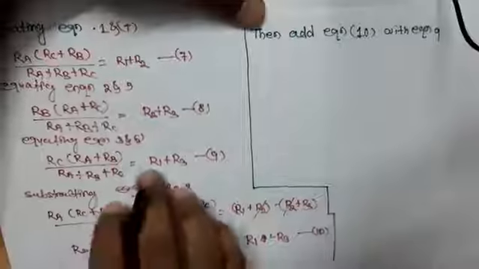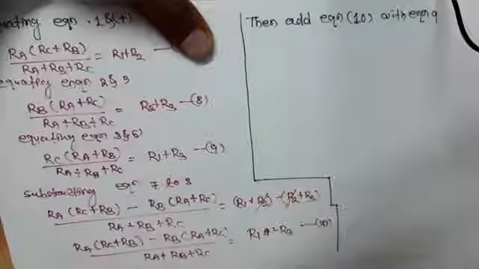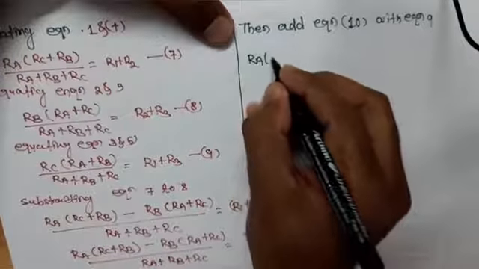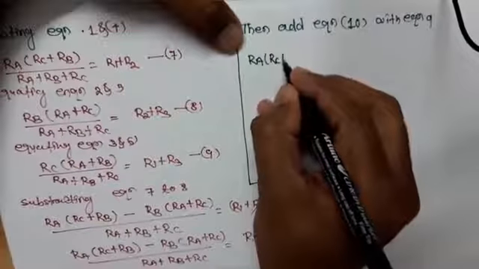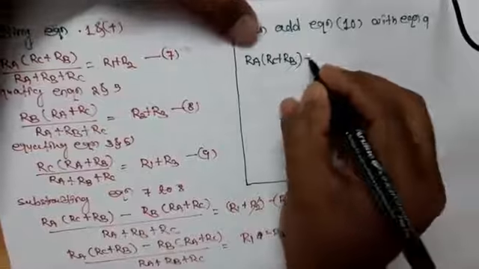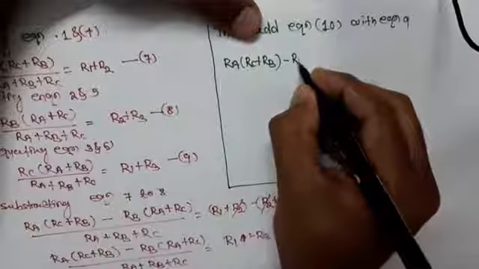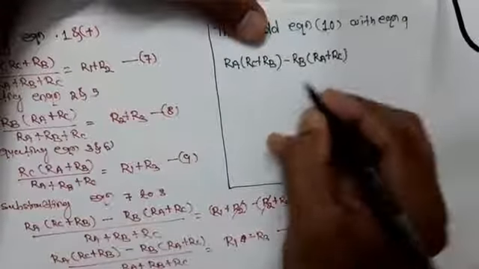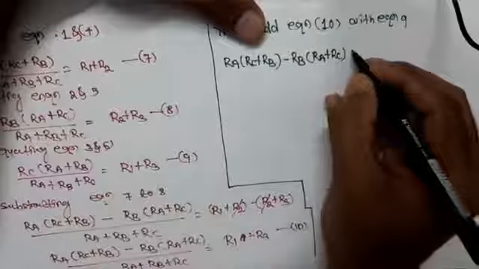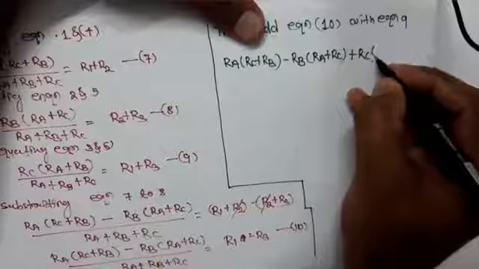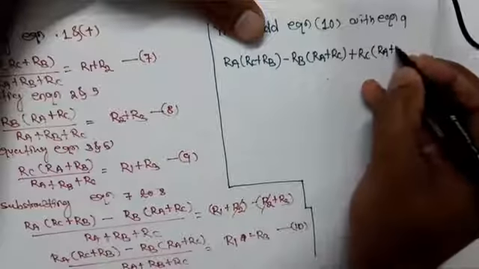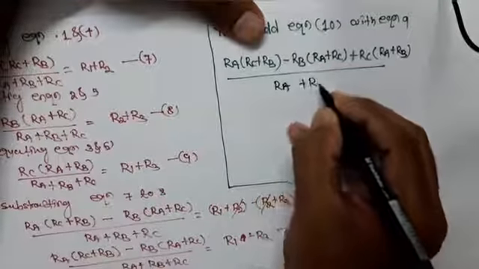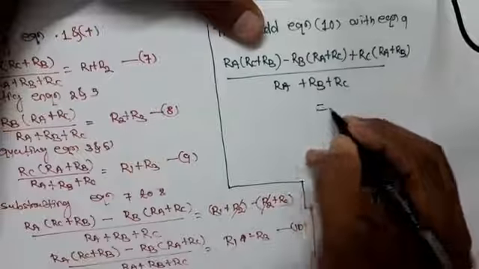So we get RA into RC plus RB, minus RB into RA plus RC, plus RC into RA plus RB, divided by RA plus RB plus RC, is equal to